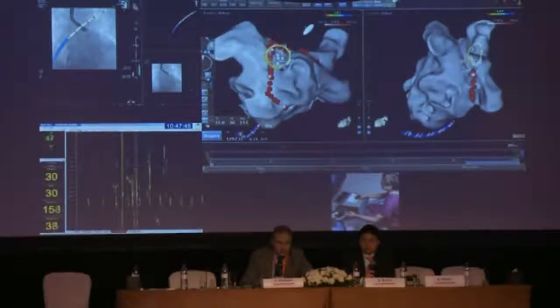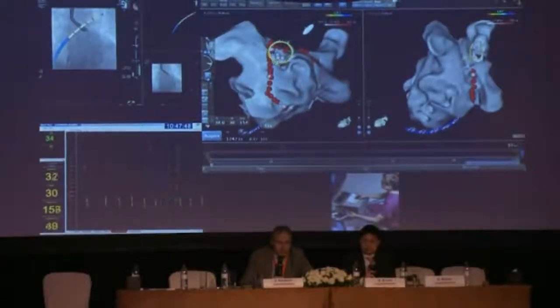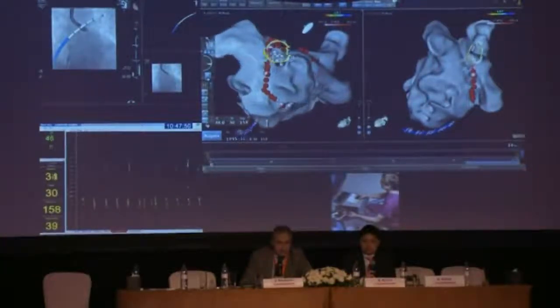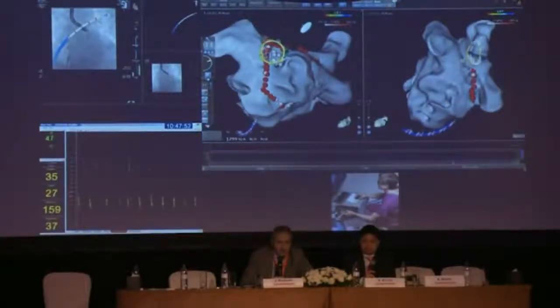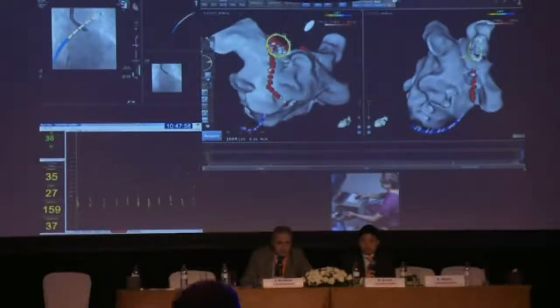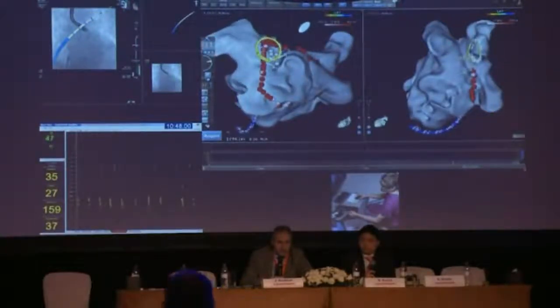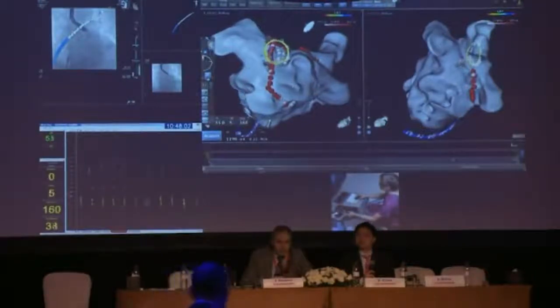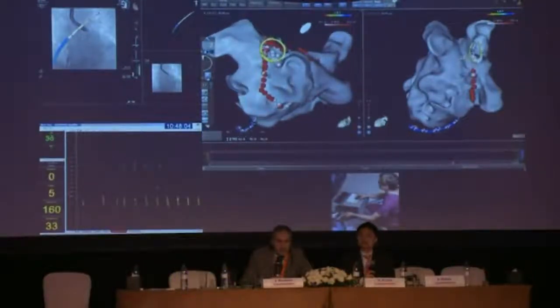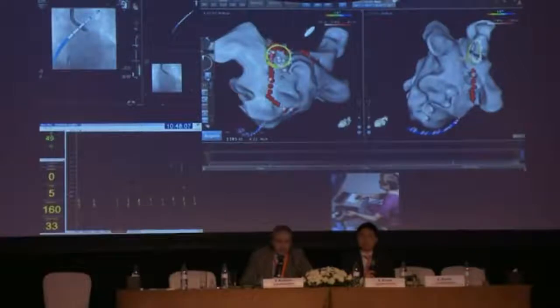If I pull forward, the catheter doesn't move because it's stuck there. If I move the catheter back, it will swing off the ridge. So it tells me which side of the ridge I'm on, even if I'm not getting a force sensing from it. So Smart Touch is a real luxury, but it's not the only thing that you need to get that